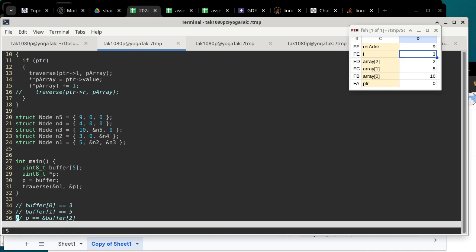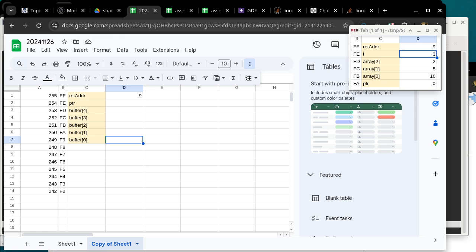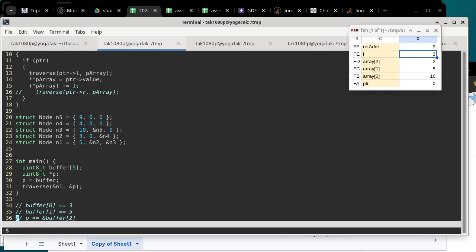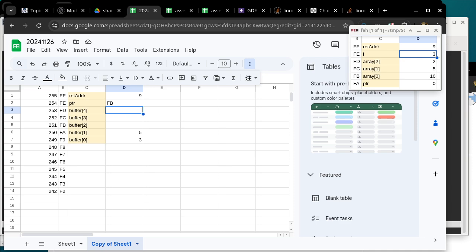So in this case, we're expecting buffer bracket 0 to be a 3. So that means we're expecting this to be a 3, this to be a 5. These locations are uninitialized, which normally means they are zeros, okay? And then PTR is going to be the address of buffer bracket 2. So that means this should be FB over here. Let me double check. Yep. Okay, so that means this one should be as hexadecimal FB, and that's what you should see after you run the TTP ASM